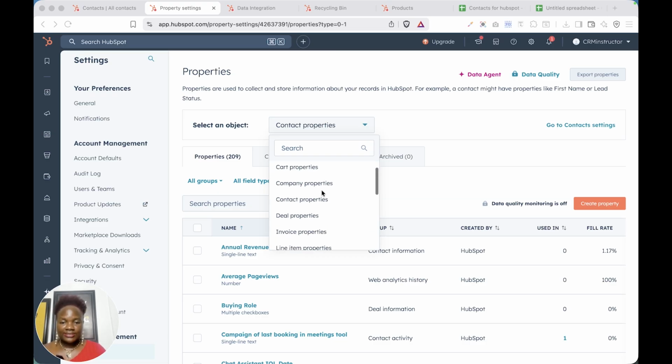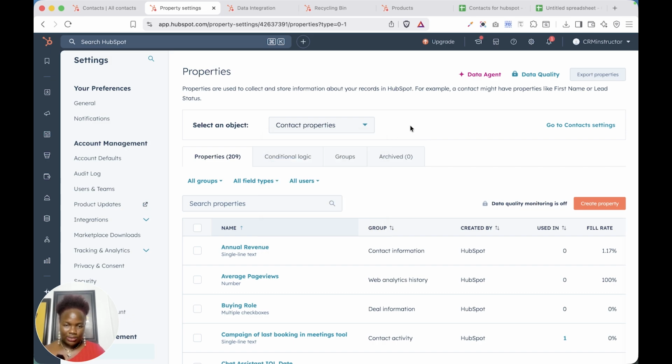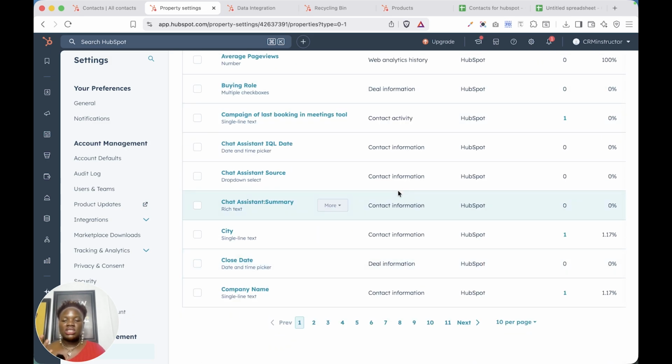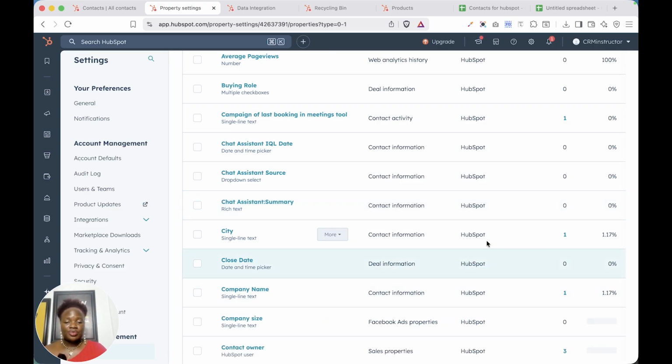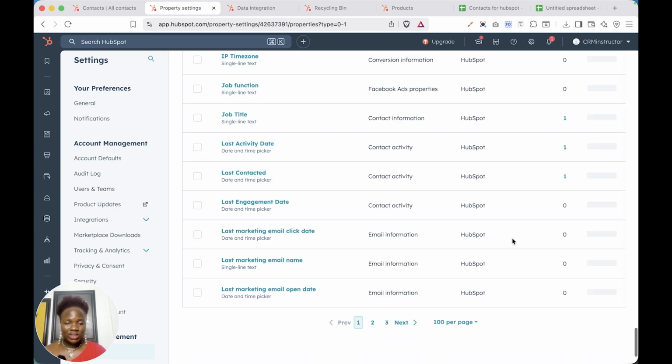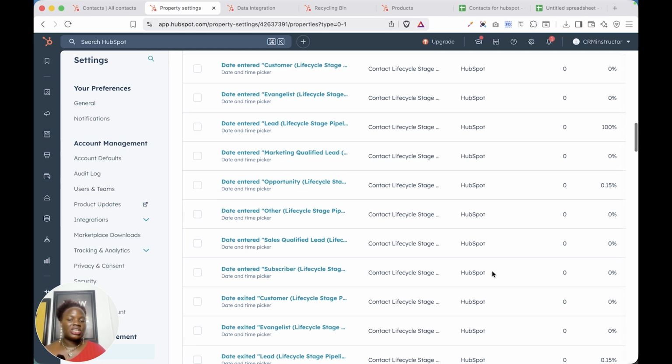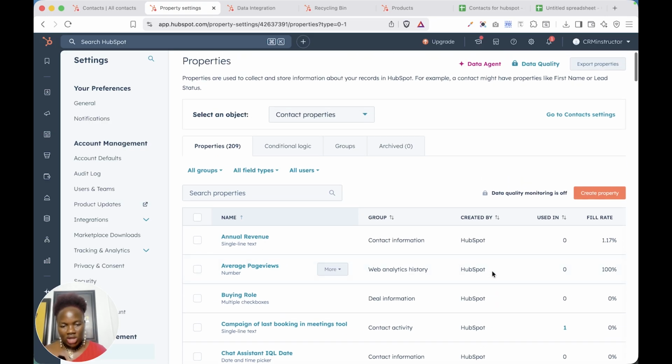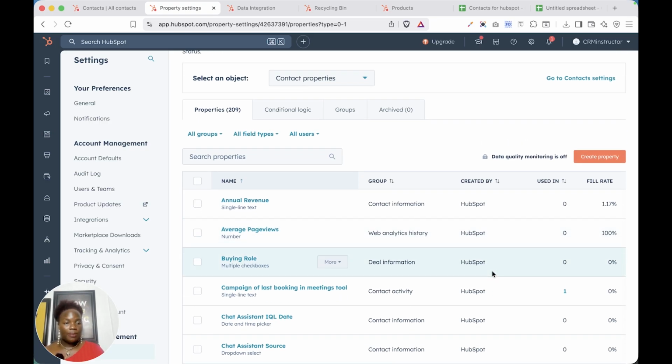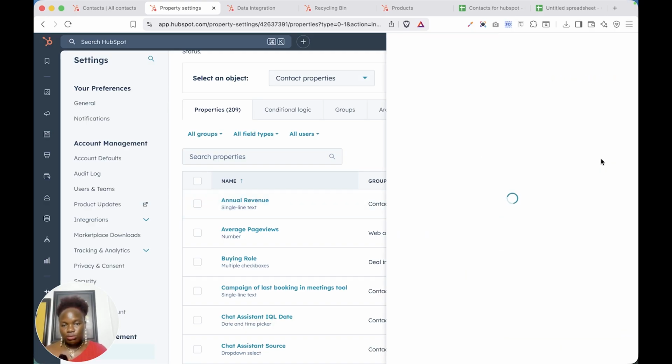Since that is the first thing we are dealing with, as you can see, we are currently in the contact properties, and you can see all of the contact properties that HubSpot has created for us. There are actually a lot of properties, more than 100. We have like 300 that were created by HubSpot. We can also create our own custom fields if we want. To create your own property, you just need to click on create property,